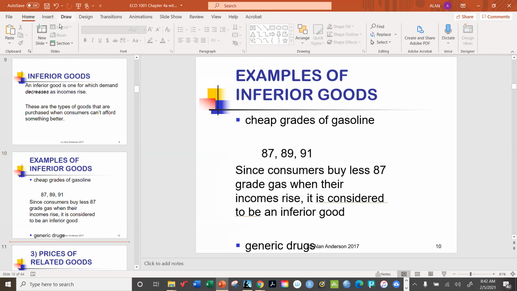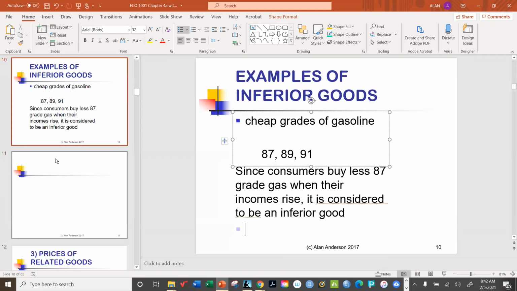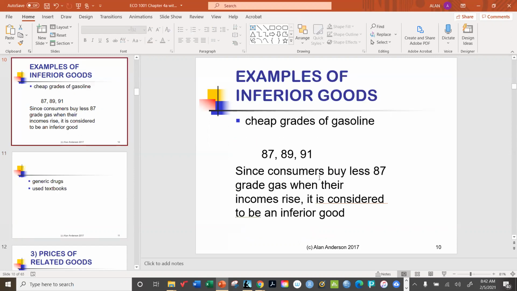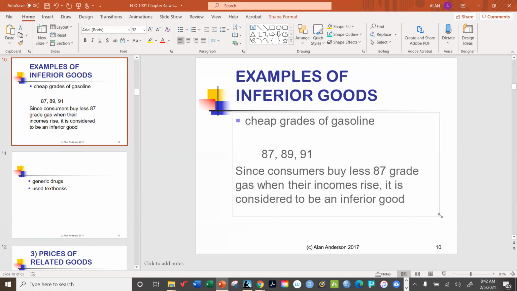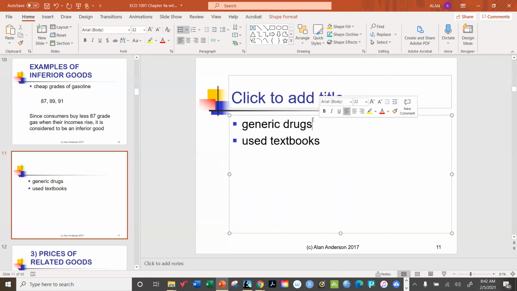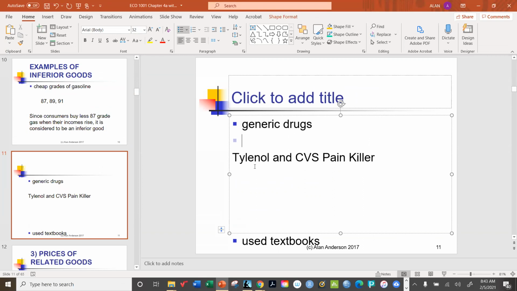Okay, now how about some of these others that I mentioned here? Let's move these to the next slide. Generic drugs, what exactly does that mean? These are drugs that do not have a brand name or a well-known brand name associated with them. So for example, if you go into CVS, you'll see sitting on the shelf side by side, you've got Tylenol and CVS painkiller. Now, if you read the box carefully, you'll realize that they are chemically the same thing, but